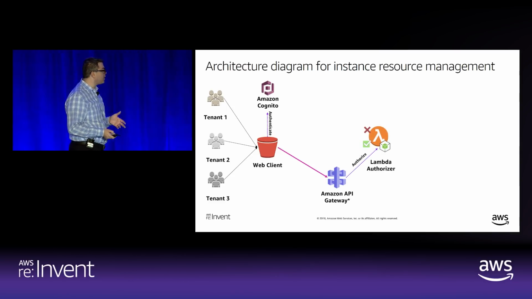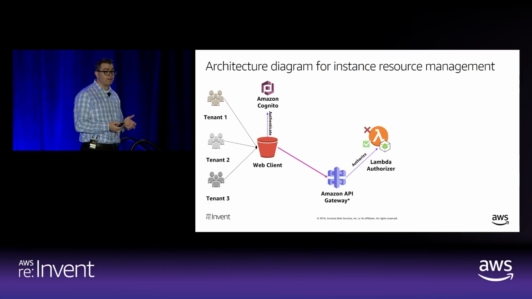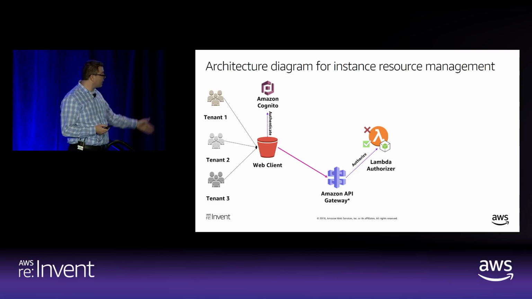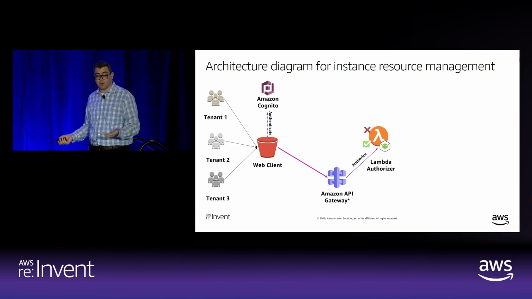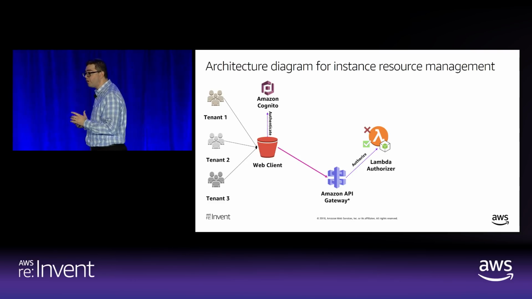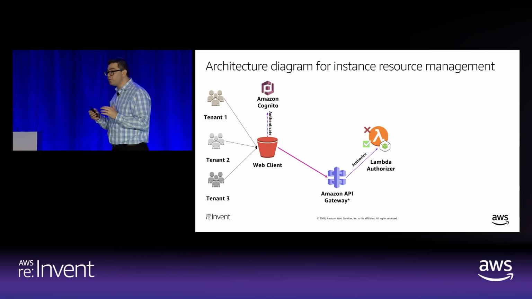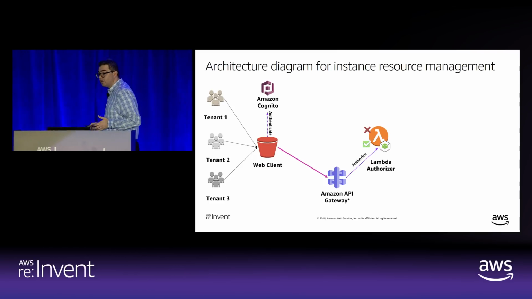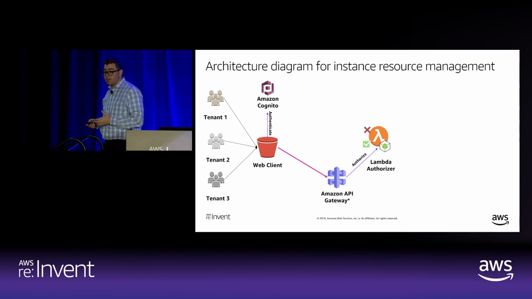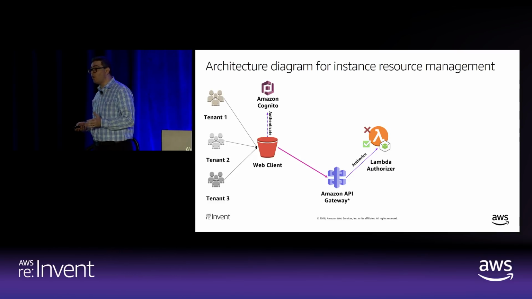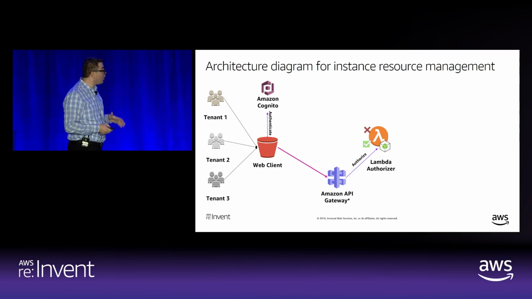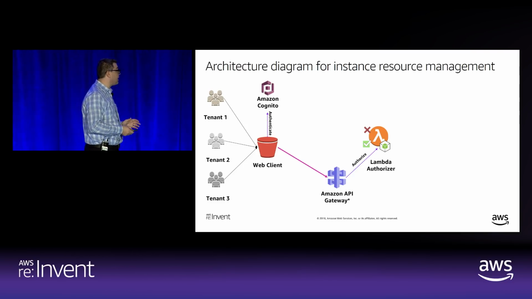We have this notion of what we call a Lambda authorizer, and just to introduce this concept to customers and partners, the Lambda authorizer allows you to take potentially that token or a third-party token, maybe an OAuth token or a user profile, and build a Lambda function that could allow you to authorize the user in a tenant for specific access to those API endpoints. Cognito now also supports what we call OAuth 2.0 scopes, which is very interesting. There are a number of our solutions architects in the SaaS Factory team that are giving deep dive sessions here. If you want more information about it, please reach out to me after the session.